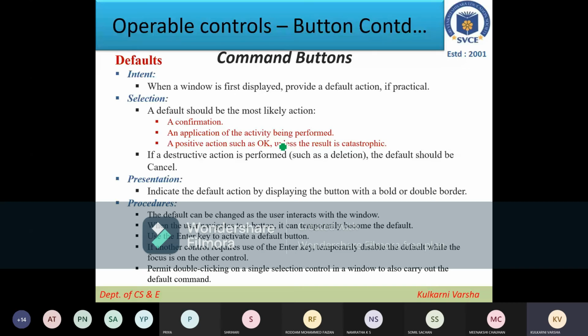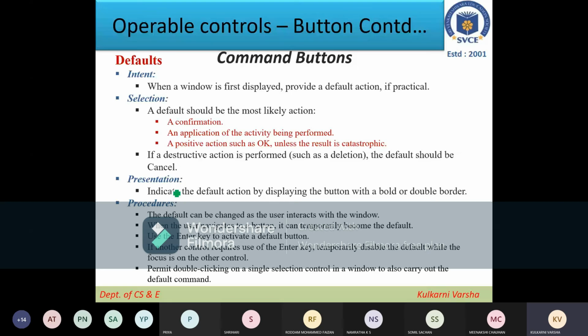So most of the time the user will select that button, otherwise they will click the other button, right? So that is when you need to use it, when default actions are probable. And it also says that if a destructive action is performed, such as deletion, the default should be cancel.